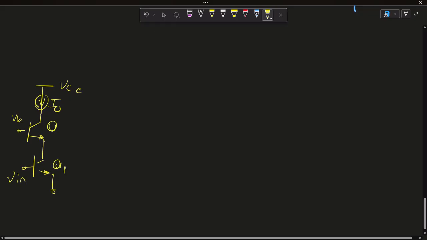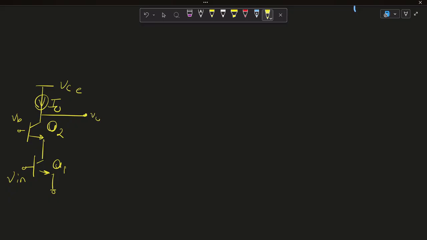This is our transistor Q1, this is our transistor Q2, and this is V naught. If we see the output resistance from here, R out, which is R naught, and if we see from here, for this Q2 transistor, this R naught is very large, and it is on the emitter side, so this will become beta R naught, as this R naught is very large. So our R out of this stage will become beta R naught,